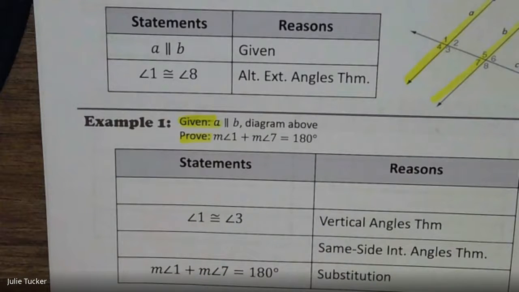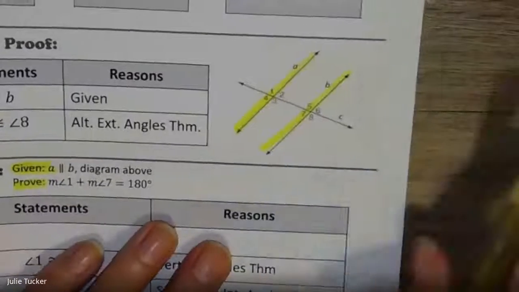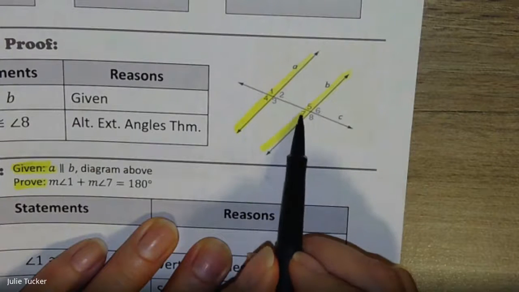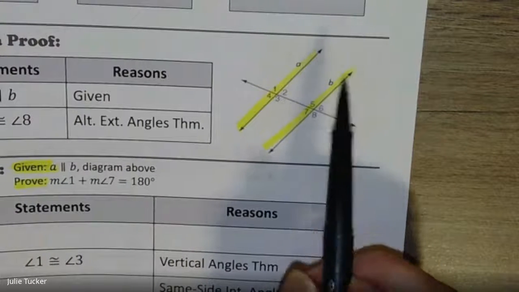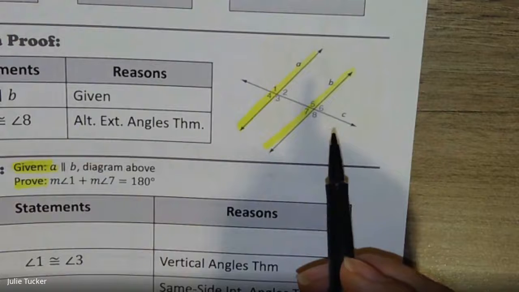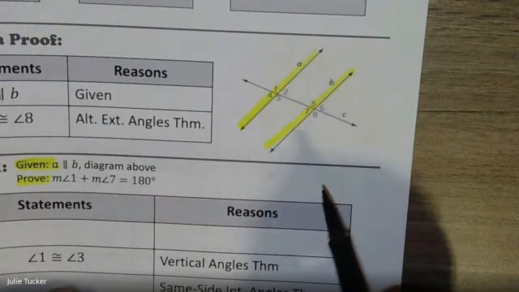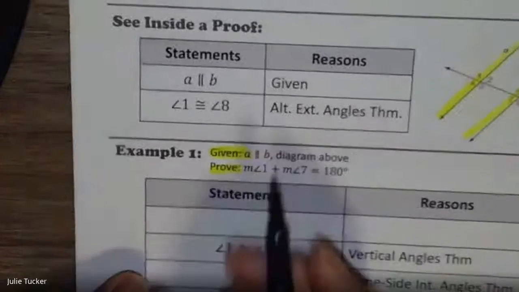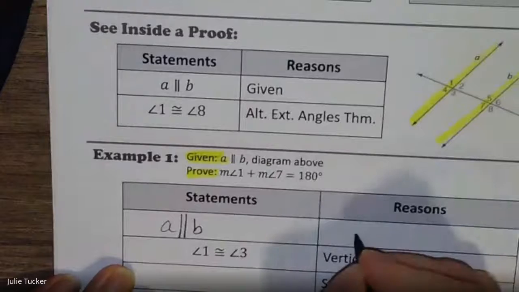So let me look where that angle 1 and angle 7 are located on the diagram. Here's angle 1 right there. Here's angle 7. So those are not one of my special angle pairs. So there's no reason why I could show that they're congruent already, or that they have a sum of 180 already. I have to get there in a roundabout way. So let's go ahead and start this. We're going to write down A is parallel to B, given,